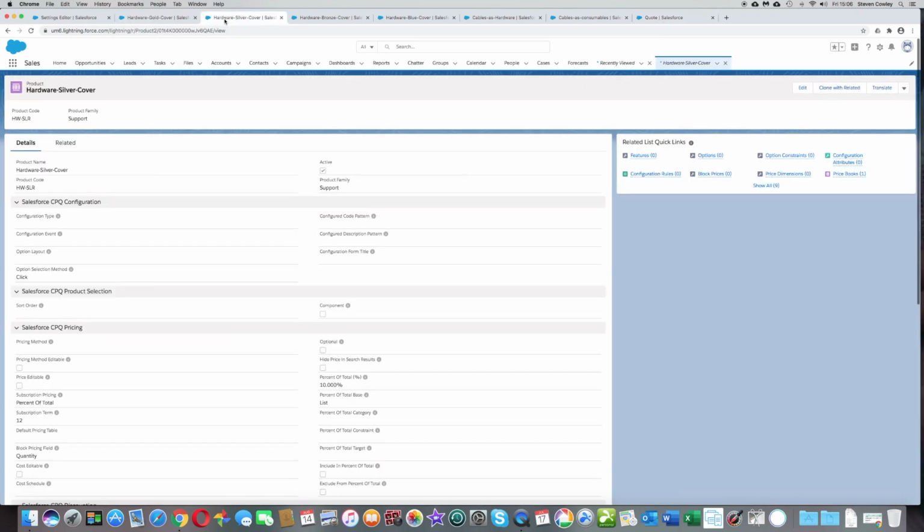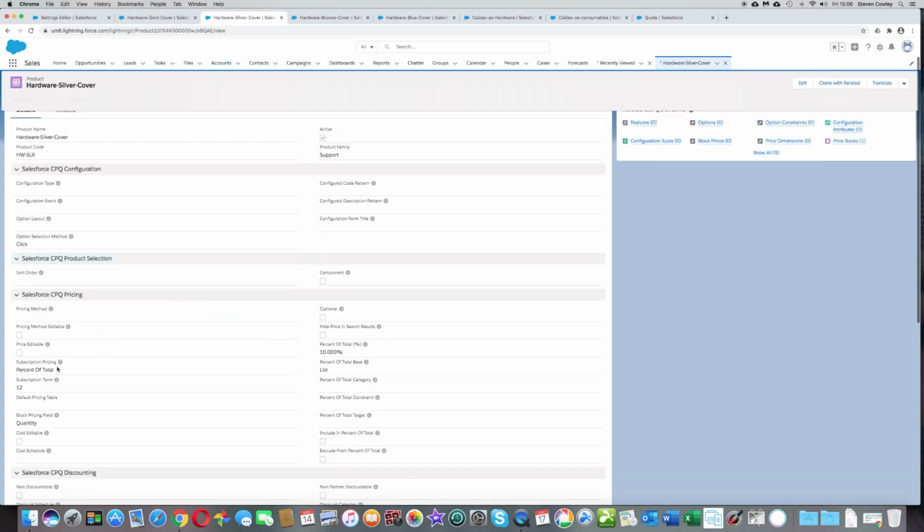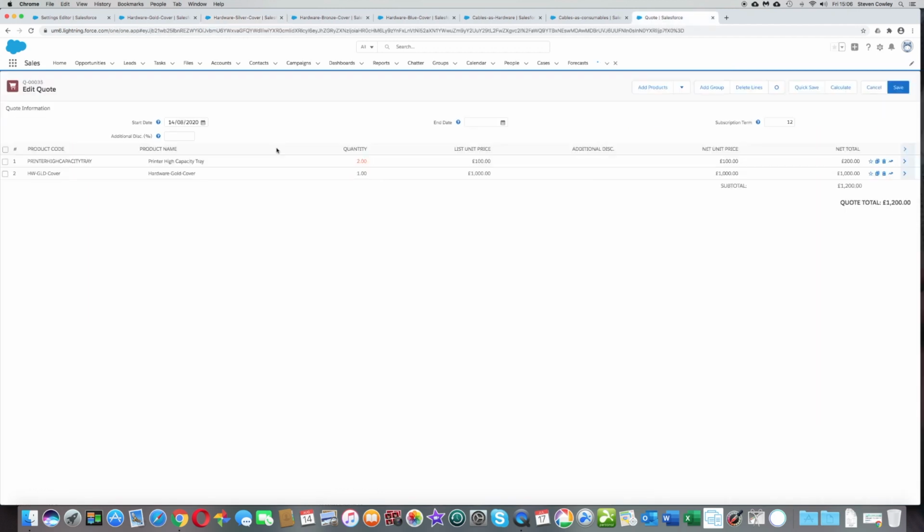If we then have a look at the silver cover, which I've set up previously here, you can see rather than having a fixed price, we have a price of the percentage of total, and that's very simply set to 10% of the total of the products on the quote, and 10% of the list price of the products on the quote. So if we add that on,